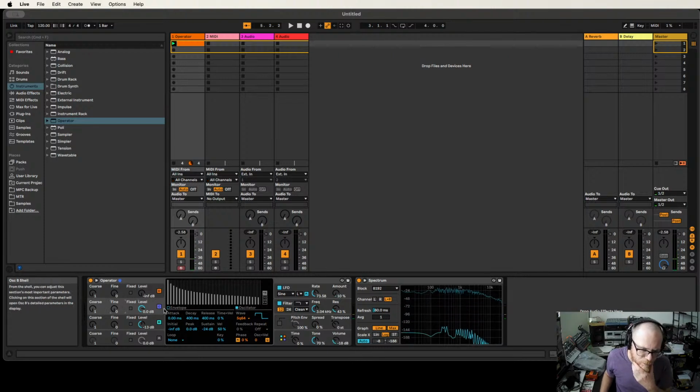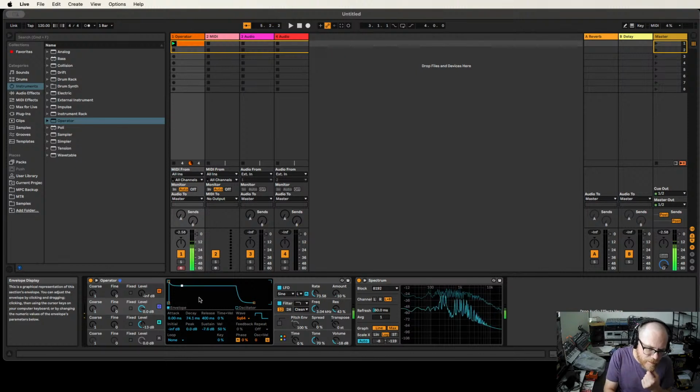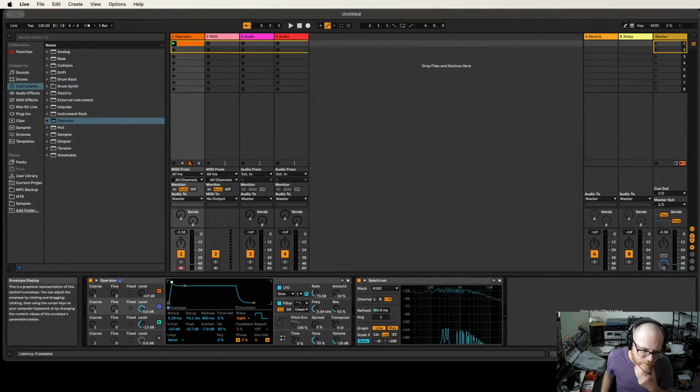Let's see what that envelope looks like. Yeah. It's basically going to be same envelope as this. I mean, we can have it decay a little bit. You can also take a second for it to, our pads don't need to come flying in, karate kicking the shit out of everything. So let's just put